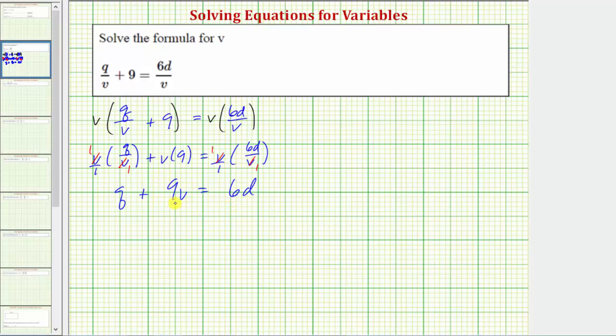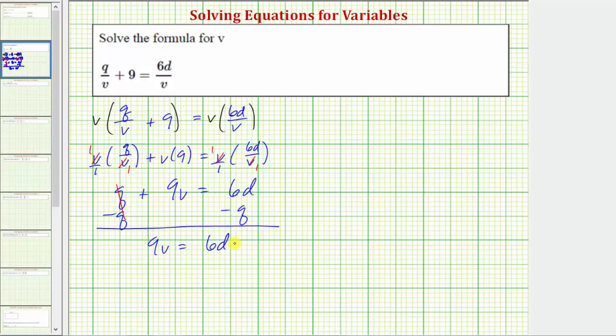term here. So the next step is to isolate the v term, and therefore we want to undo or eliminate the q. So for the next step, we'll subtract q on both sides of the equation. Subtracting q undoes positive q, or q minus q is 0. So now we just have 9v